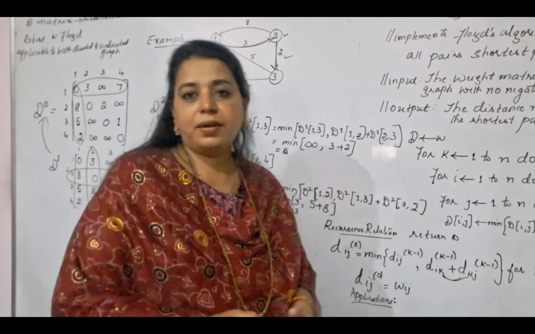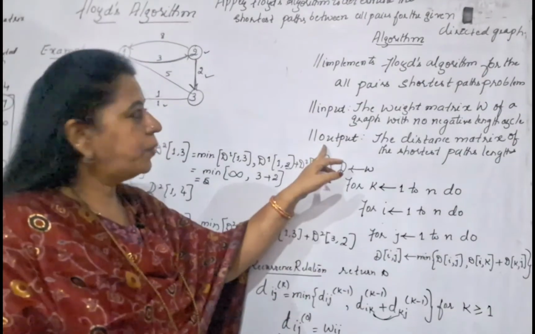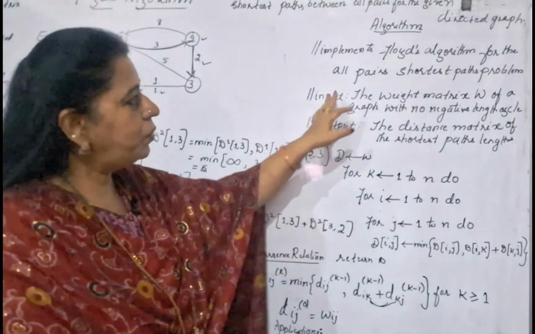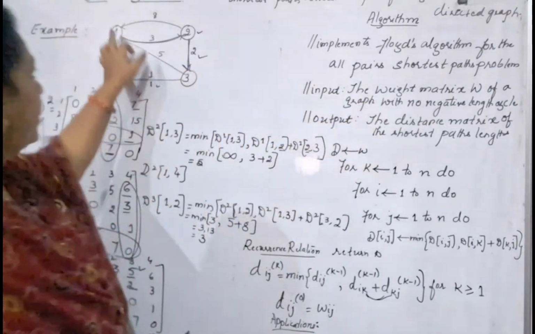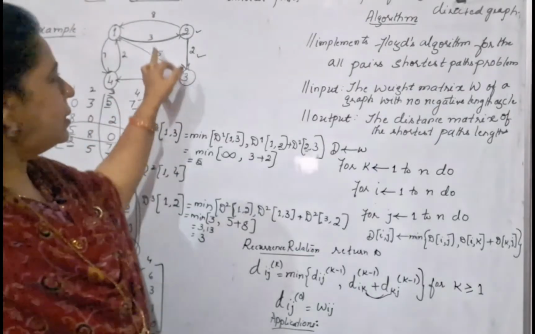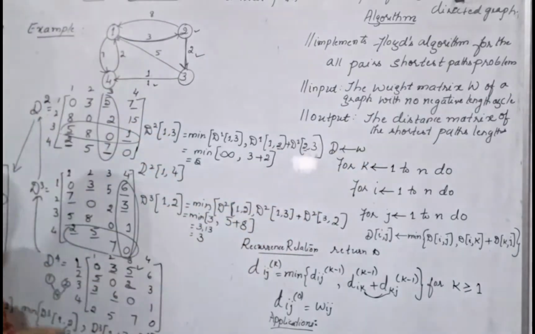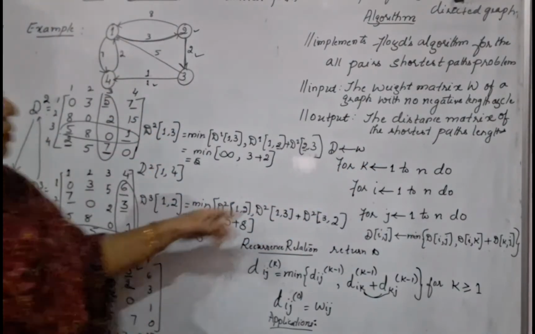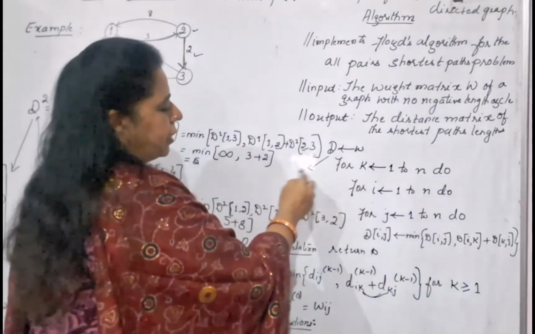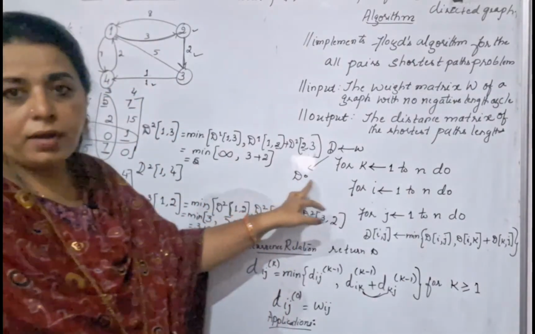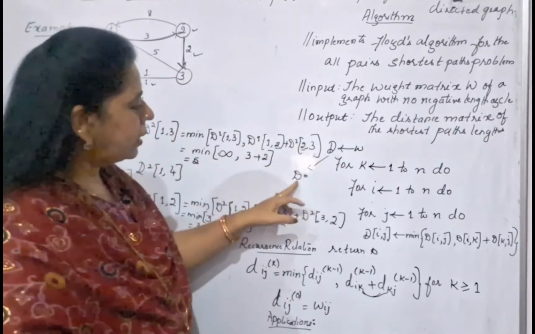And look at the algorithm here. This is the pseudocode I have written here. Floyd's algorithm for all pairs shortest path is the title. Input you are giving is a weight matrix. Look here, all of these edges should have a weight. Output is the distance matrix of the shortest path lengths. So whatever you got, D4 is your output here. What is the first line in the pseudocode? W is assigned to D. This D refers to the initial matrix you are constructing. Whatever weights are initially given in the graph, you construct that as D0.